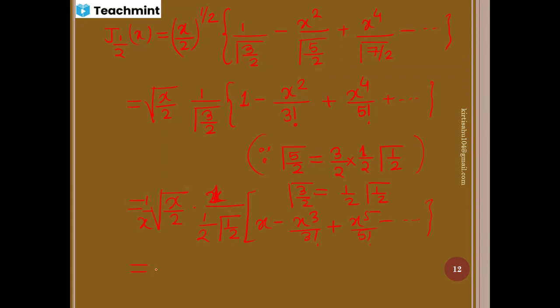So root x will get cancelled, and you will have 2x root x in the denominator. Simplify the remaining term. After simplification, you will get it as root 2 by pi x into, this is nothing but a sine series, so sine x. In this way, this can be done. I hope you must have understood. So this value J half of x can be considered as a formula also. J half of x contains sin x. This term is common. If we will find out J minus half of x, there in place of sin